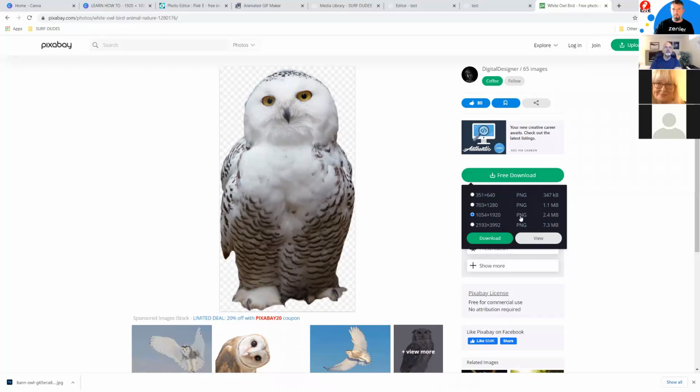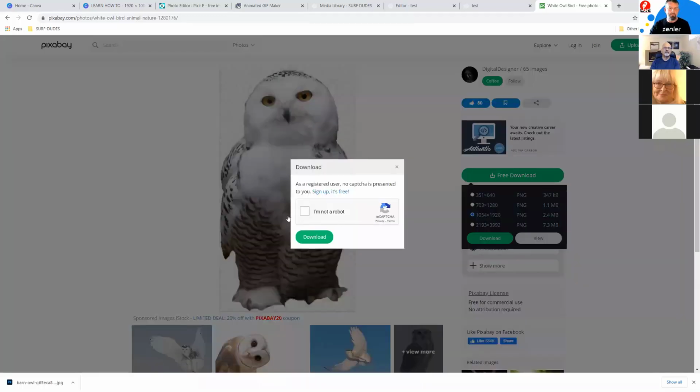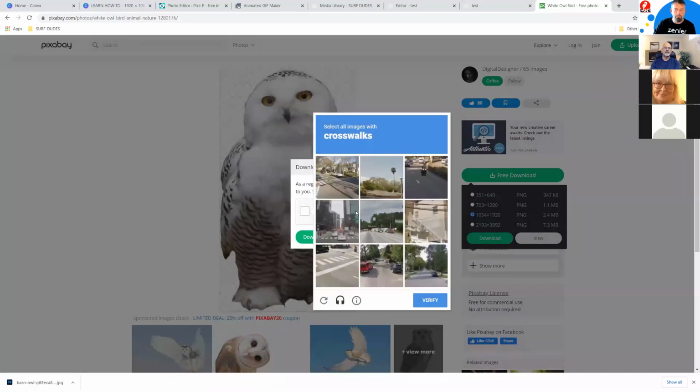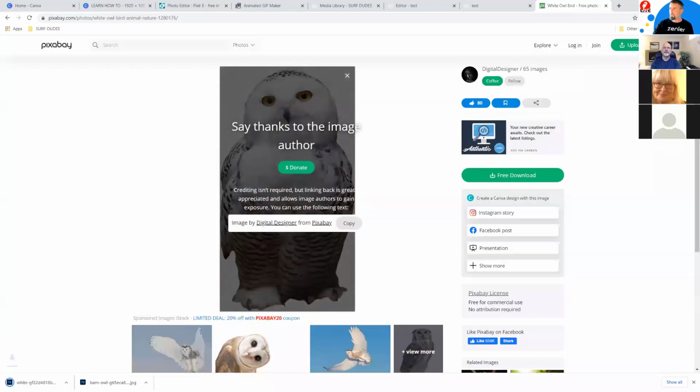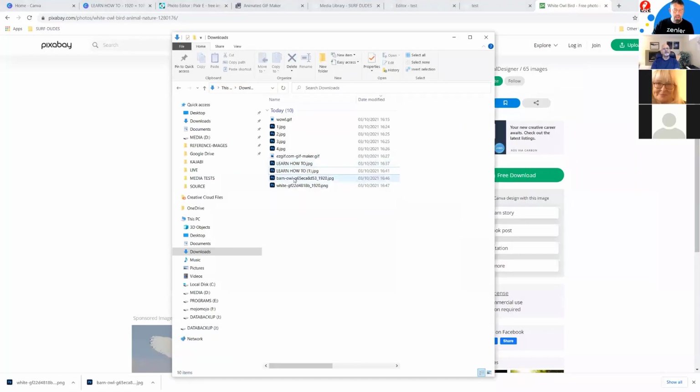So like John was mentioning, JPEG or PNG, PNGs usually will be transparent backgrounds. So I'm going to click download to that. Click I'm not a robot. Crosswalks. Okay. So now in my folder, I have the owl and I have that owl. So let me just delete this out